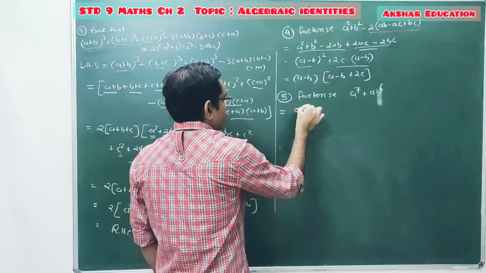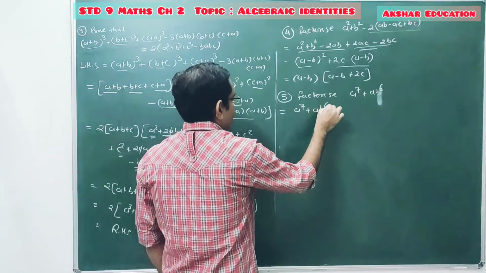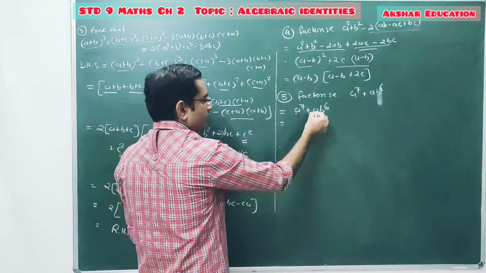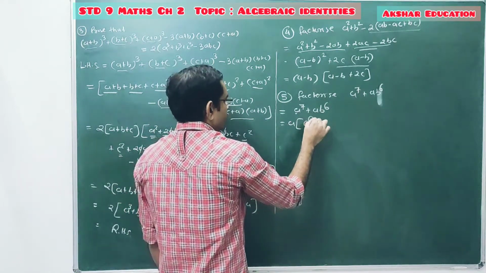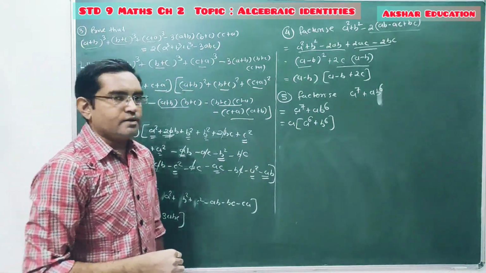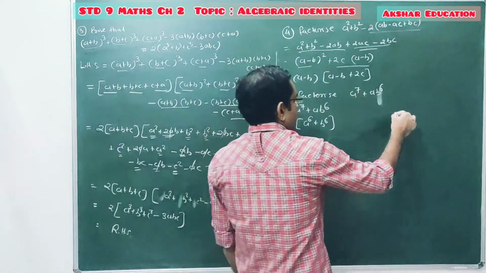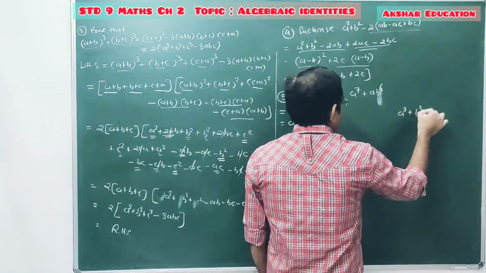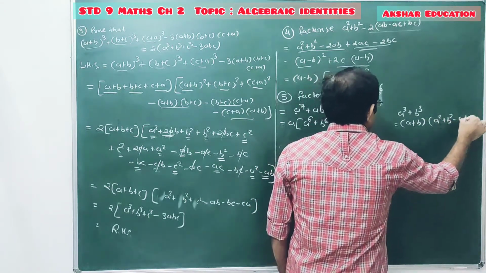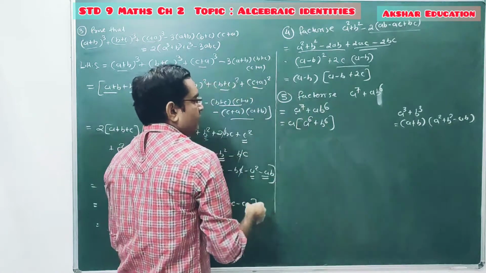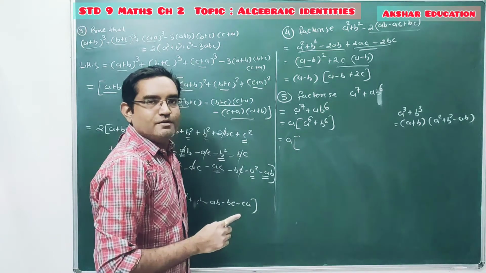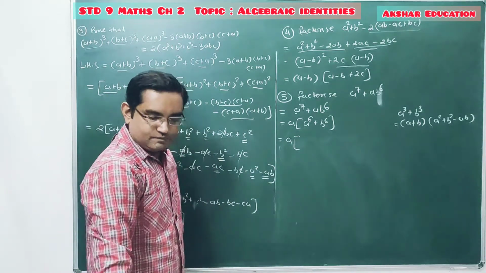So first start with the given a raised to 7 plus a b raised to 6. First which option is there? Here a is common. So taking a common, it's a raised to 6 plus b raised to 6. Now power 6. We don't have any identity for power 6, but we have identity for power 3, which is a cube plus b cube. So a cube plus b cube is nothing but a plus b, a square plus b square minus ab. So now we can convert this 6 power into 2 power by some modification. And the concept of makeup. What is the application of makeup?